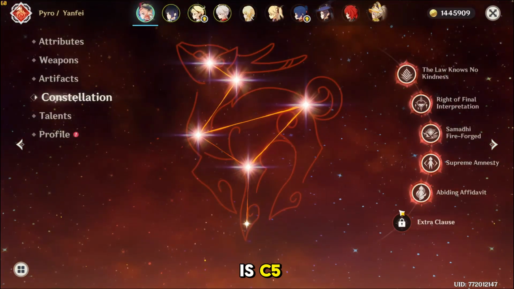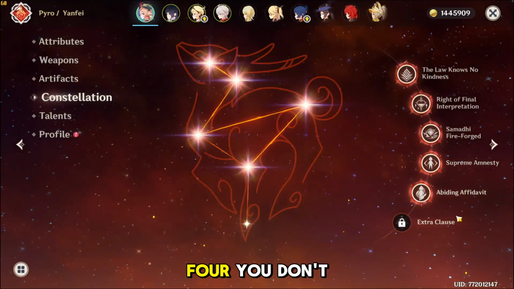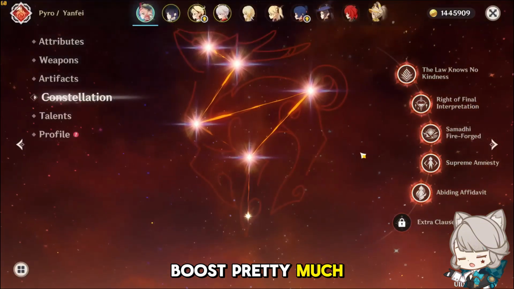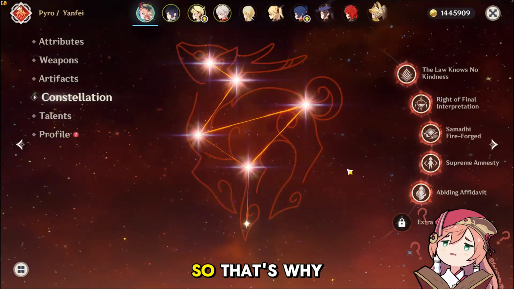There is C5, which is pretty impressive in my opinion. C4 is the basic one you need. Past C4, you don't really need anything. The only one I'm missing is obviously C6, which is just a plain damage boost pretty much. So that does suck, but I really wanted to get Kazuha this banner, so that's why I didn't get C6